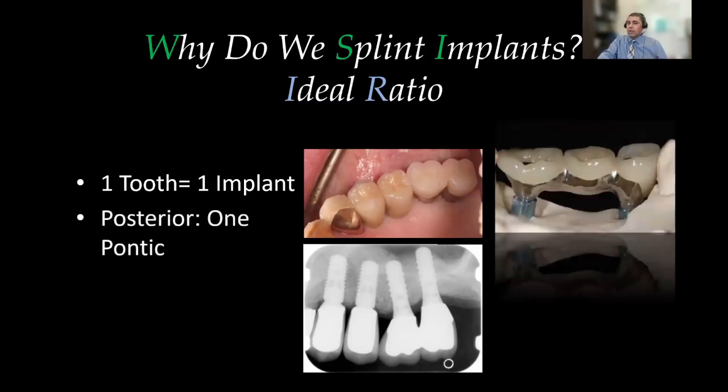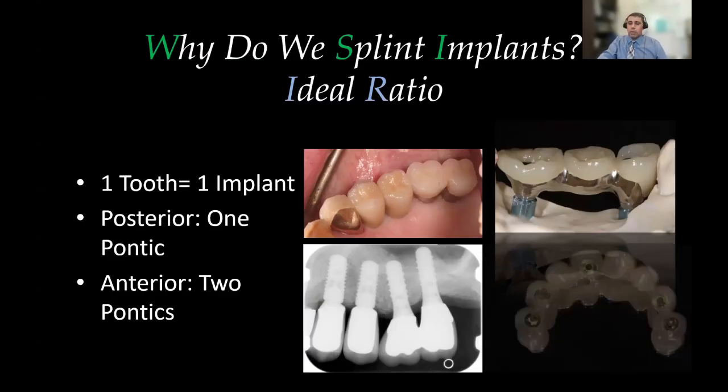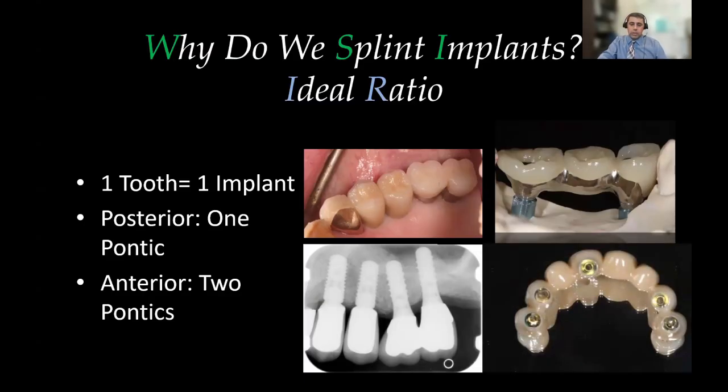So posteriorly, we'd like to limit the number of pontics to one pontic, a maximum of two, if you will. Anteriorly, we can have more pontics, though I like to limit them to two if possible for certain types of patients, particularly the ones that exert higher occlusal forces, bruxers, clenchers. But in the right type of patient, you can even consider more than two pontics, similar to what you see in this example. But this is also helped by cross-arch stabilization going right to left, which has a major impact